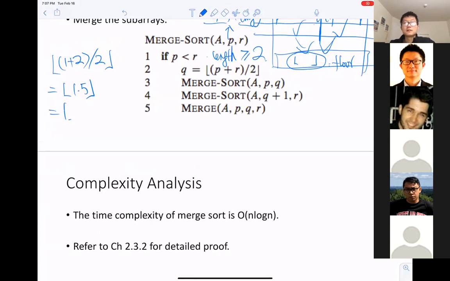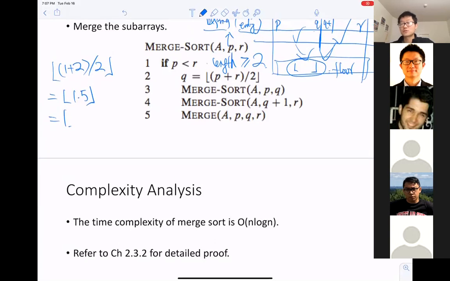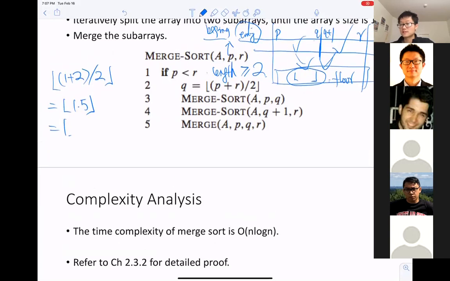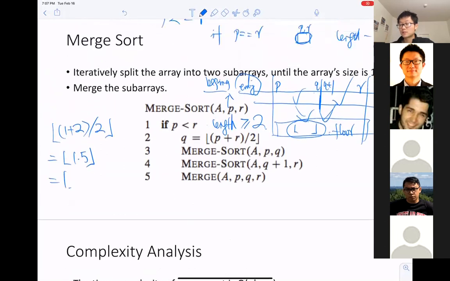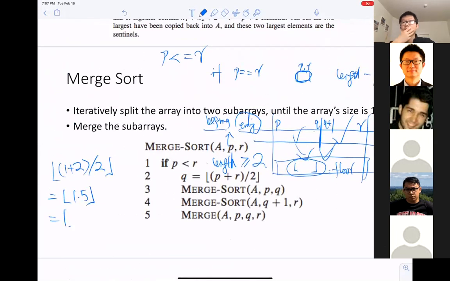Okay. From the chat area, I got a question: is there anywhere we can practice the program? This is going to be your homework too. In homework 2, you are going to translate the merge sort and merge function from pseudocode to Java. Is homework 1 just first week's class, or does it include this week as well? For homework 1, it only includes insertion sort, and homework 2 is merge sort.